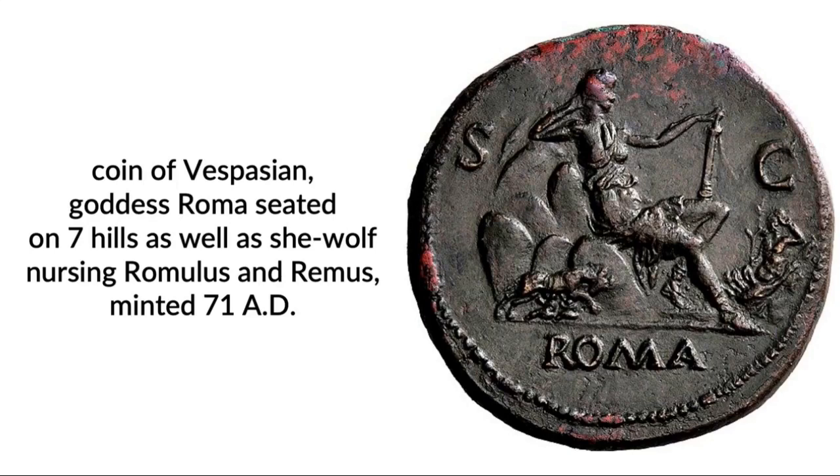And so I bring that coin out because I want us to understand that in the book of Revelation, when the prostitute is described as sitting on 7 hills, it would have been immediately clear to every reader of the book of Revelation exactly who the prostitute was. It was the city of Rome.